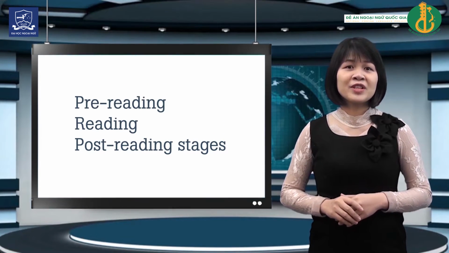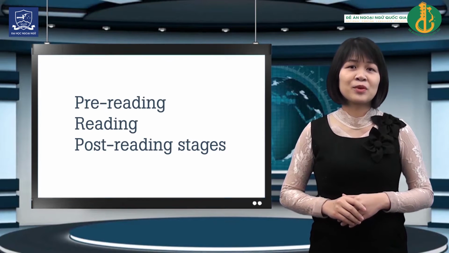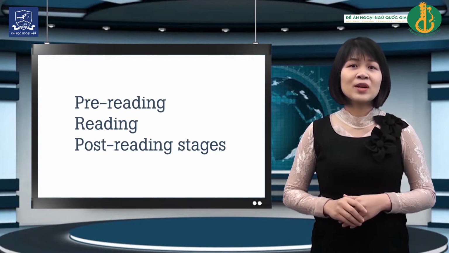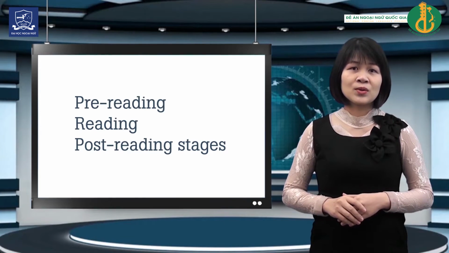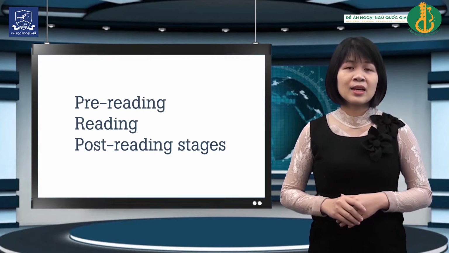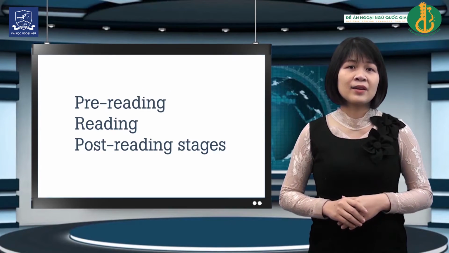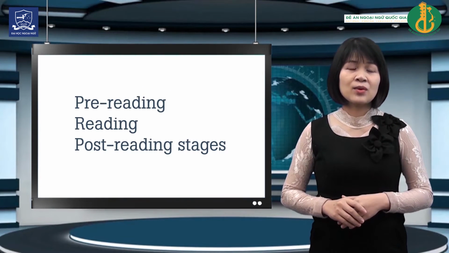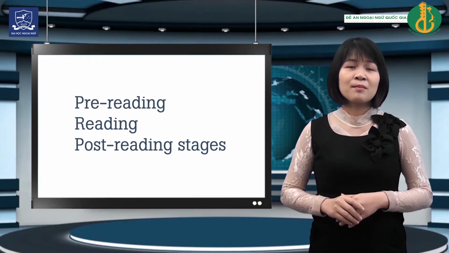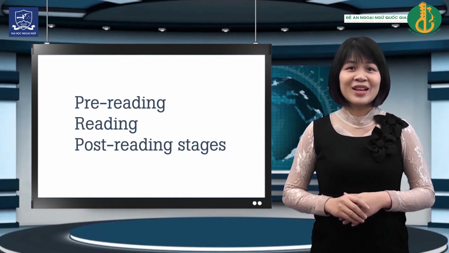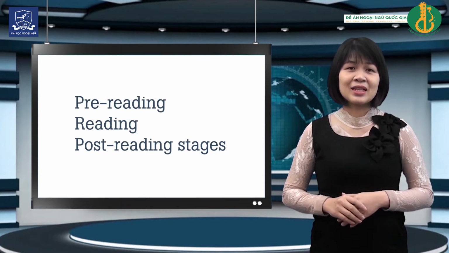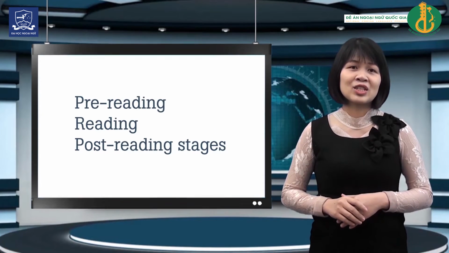Therefore, a proficient reader should have good language skills, recognizing words and phrases, understanding sentences and structures. Also, he or she should have relevant knowledge about the topic, the organization of the type of text, and general knowledge about the world. Based on such understanding, teaching reading in the classroom divides reading activities into basically 3 stages: